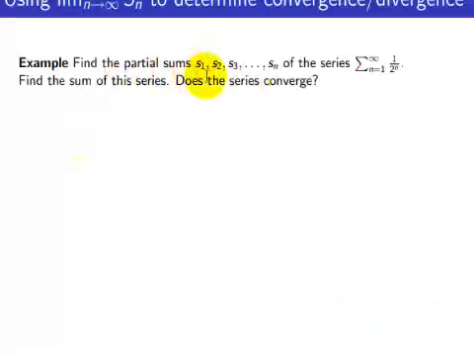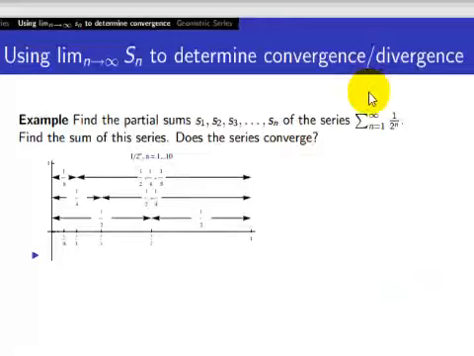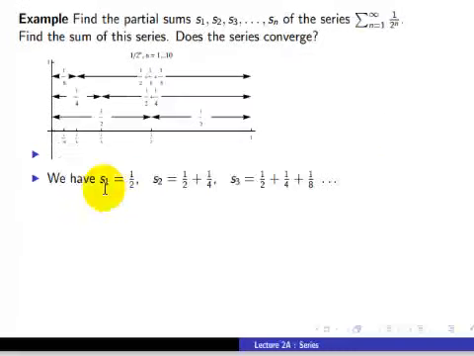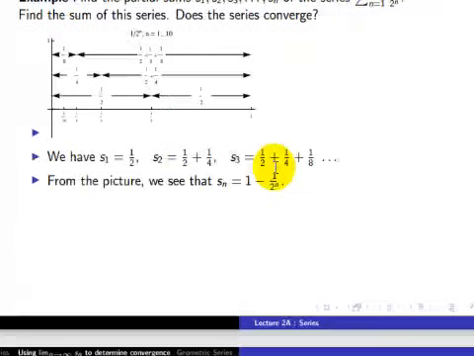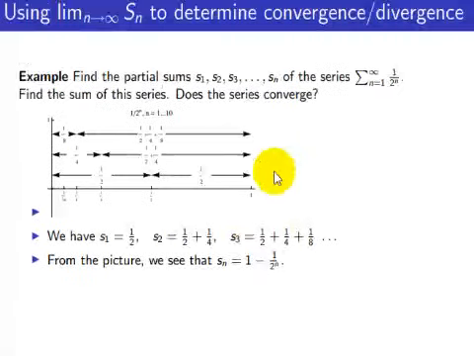Find the partial sums S sub 1, S sub 2, S sub 3 of this infinite series. So pretty easy, you can find the partial sums here. These are the partial sums. First term, second, so right, this is the partial sums of this series. I think you know these. And you can write the general